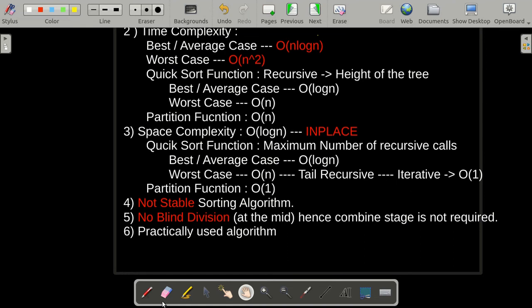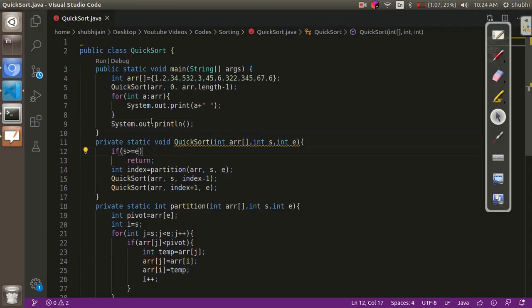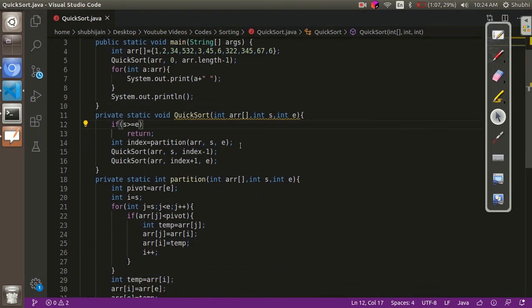Now what happens is we can clearly see that whenever we have the worst case, only one of the recursive calls is required. That means both the recursive calls are not working and only one recursive call is of use.